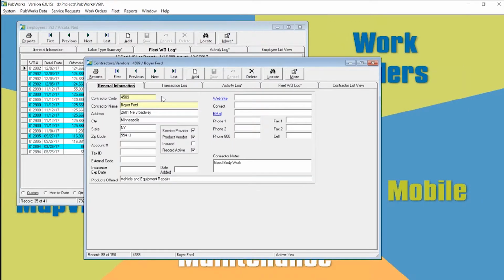One last thing when we're talking about contractors and vendors, and it has to do with when we're searching through our, if you will, inventory of them or a list of them. You might be looking for a certain vendor that performs a certain work, a certain service, or provides a certain product. So those you can make notes down here at the bottom, either in contractor notes or in the products offered fields,